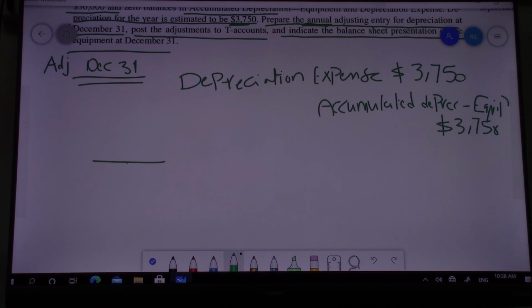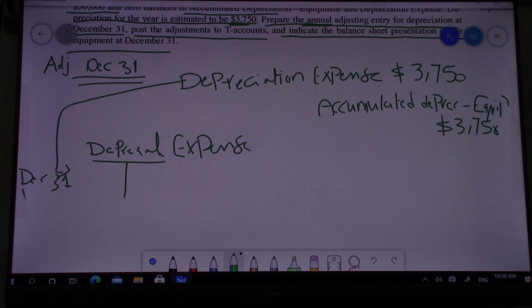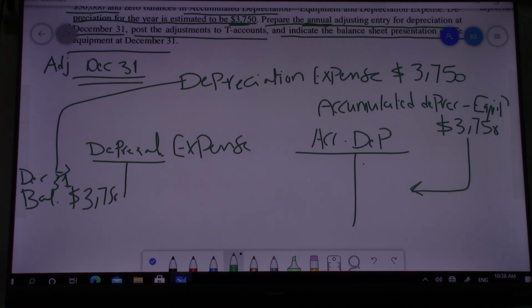T account for depreciation expense. Transfer this value on the debit side. So on December 31st, the balance is $3,750. What about accumulated depreciation? Transfer this value. December 31st, balance is